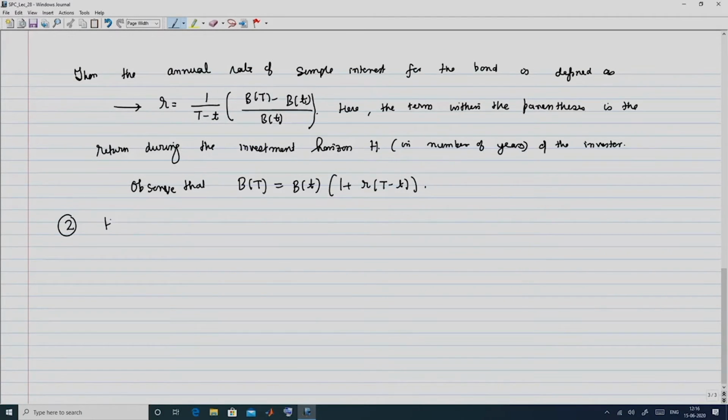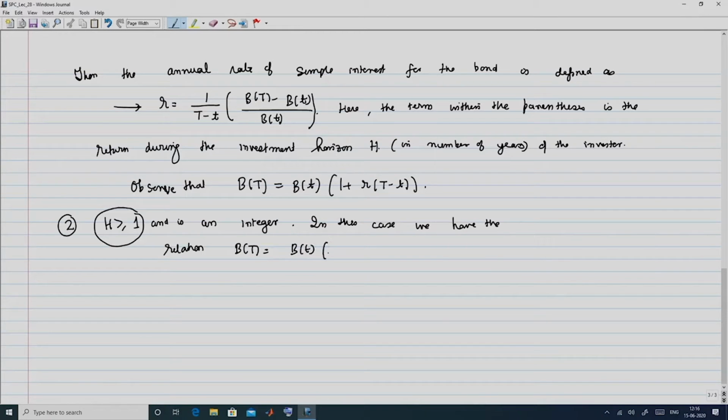Let us now look at the second case. If H is greater than or equal to 1 and is an integer. So, we looked at the case H less than 1 and now we will look at two sub cases of H greater than or equal to 1. In this case, we have the relation B of capital T is equal to B of little t into 1 plus R raised to capital T minus small t, and for the third scenario of H being greater than or equal to 1 and is not an integer,